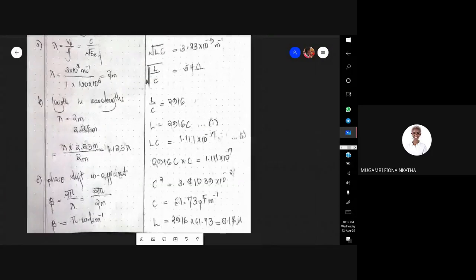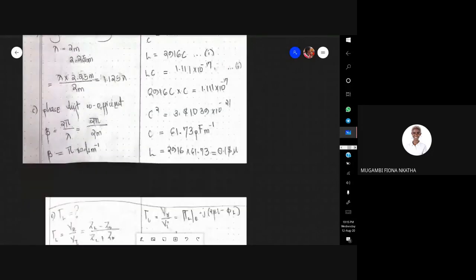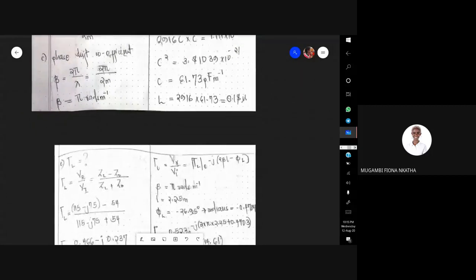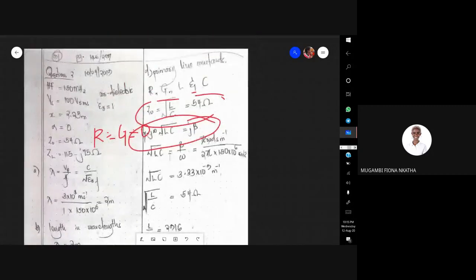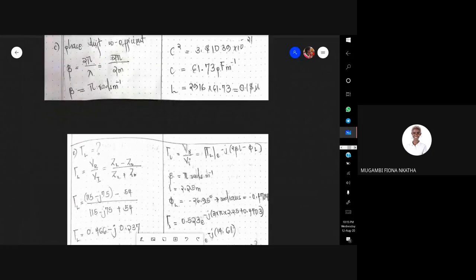If there's any question, these are just simultaneous equations. That's pretty much straightforward. So we go to part E. What are the primary line constants? Then you have the voltage. Is it called the voltage coefficient? Deflection coefficient,